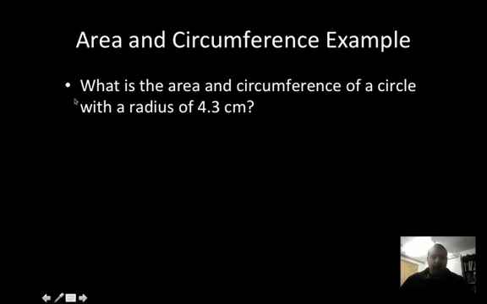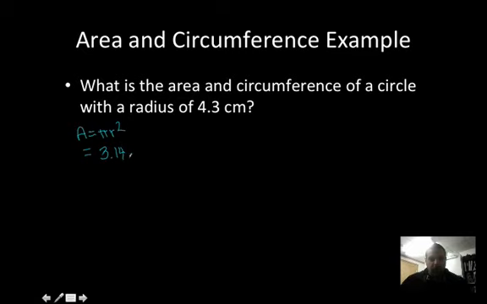So now for an example. I've got what is the area and circumference of a circle with a radius of 4.3 centimeters. Since I'm given the radius, I can just write down the formulas. Capital A for area equals pi times radius squared. If I want to put in the numbers instead of pi, I've got